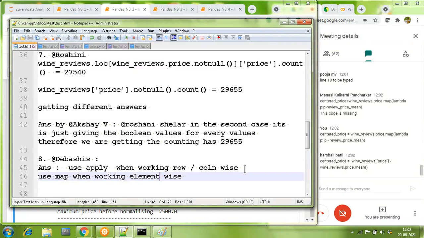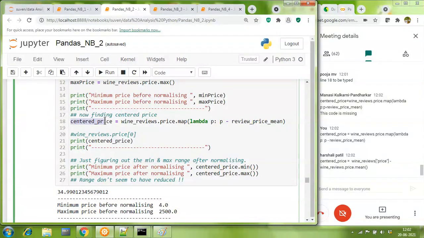Now friends, the line number 18 from my screen, as instructed by Pooja MV, Mansi and Dilna, I'm doing that. They told me that line number 18 is missing. So I have posted line number 18 on the chat. Please pick that up and use it. You have got two ways of doing it. One is my code, other is Harshali ma'am's code. You can use any one of your choice. Okay, please take 1 minute, finish this.